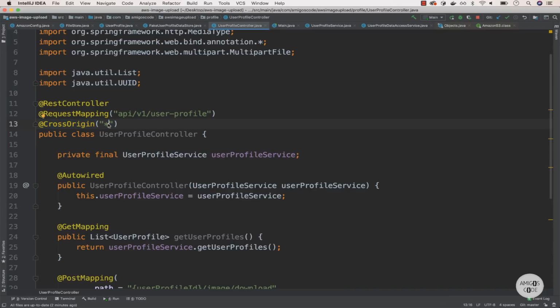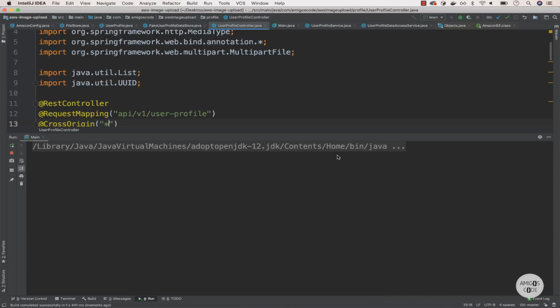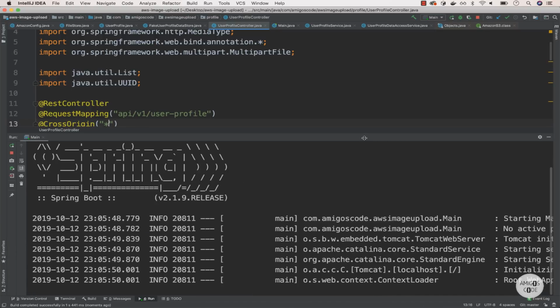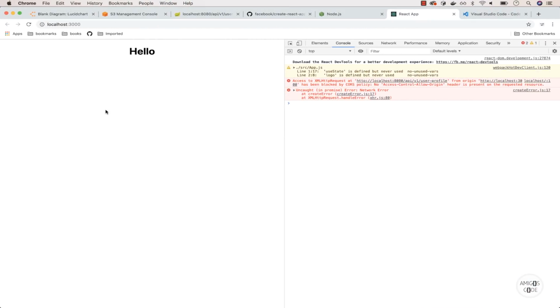I could even say localhost 3000, but you might have different front-end applications locally running in different ports. So by saying star, you simply enable everything. Now let me go ahead and restart this. So I'm going to say stop and rerun. There we go. Now if I go ahead to my front end and then refresh, you can see that now